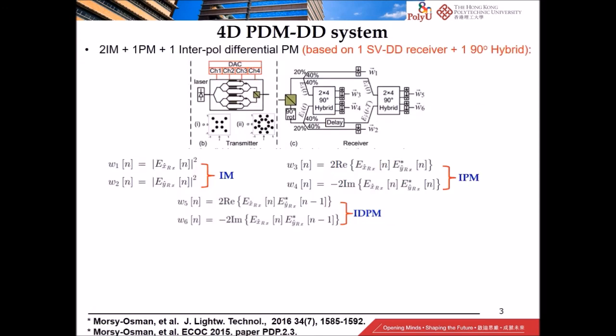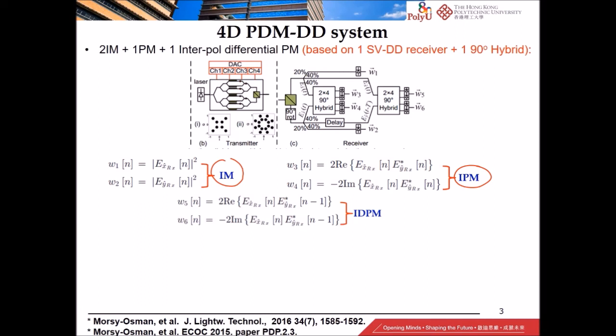And lastly, there are actually attempts to achieve 4-dimensional POLMUX direct detection systems. The idea is pretty interesting. It is built on top of the 3-dimensional POLMUX signals that we just mentioned. In this case, not only do you have 2 degrees of freedom in the intensity modulation of the signal in 2 polarizations, and then the phase difference between signals in different polarizations, so that's 3